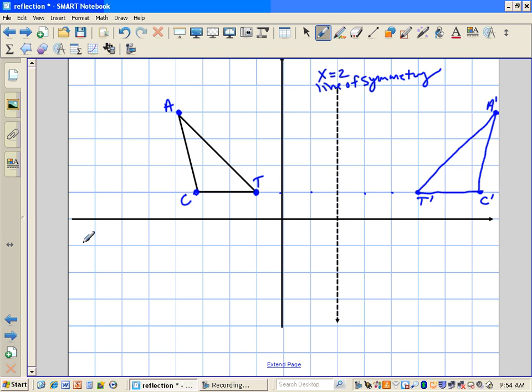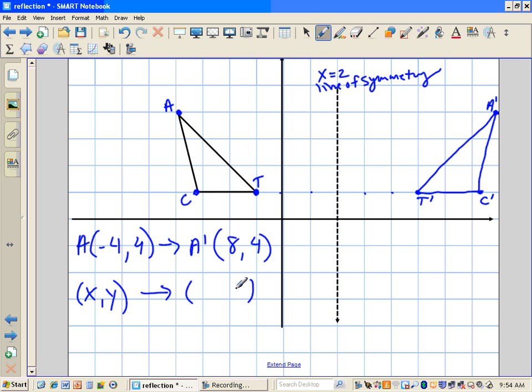If we look at point A, it started at (-4, 4), and it became A prime at (4, 4). So it looks like the y stayed the same. If we're going to make a generic rule, x, y